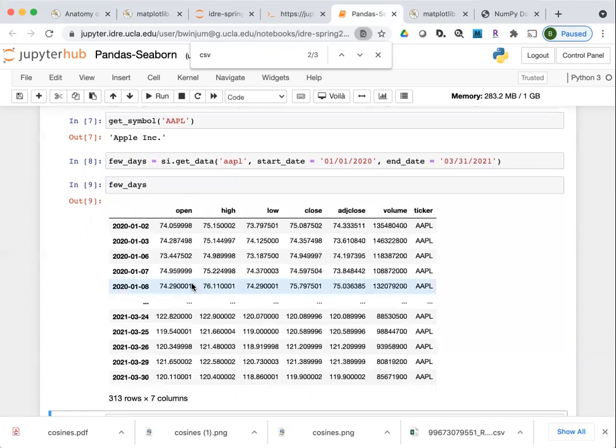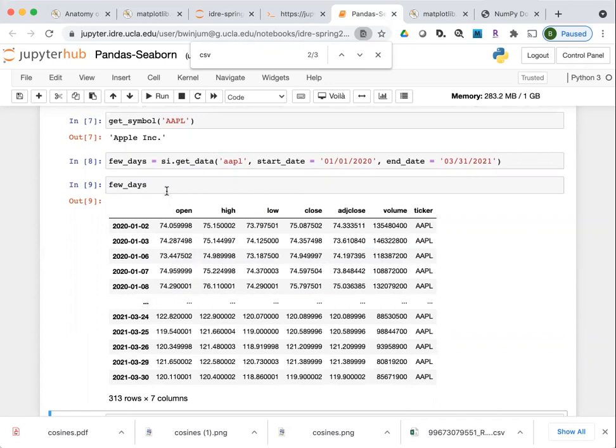Hopefully this doesn't seem like too much setup, but it is only setup, and we'll get to the data visualization shortly. But with pandas, series and data frames are the fundamental data objects.